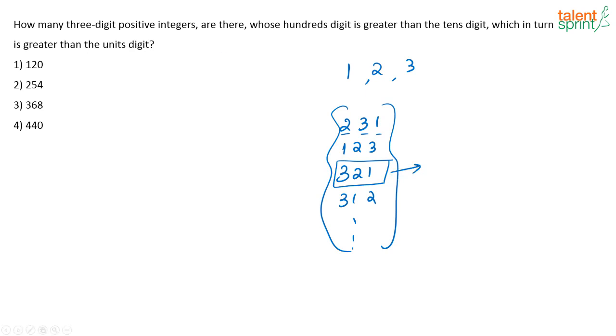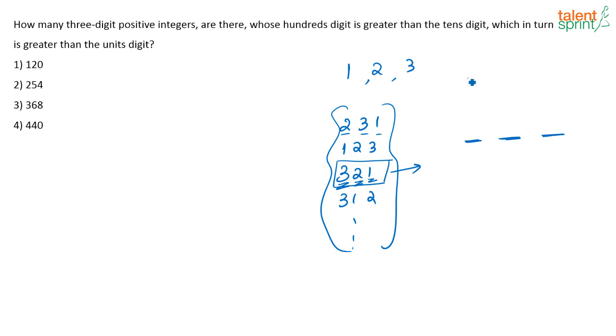What is the criteria? The hundreds digit should be greater than the tens digit. In turn, the tens digit should be greater than the units digit. So, any 3 digits that you consider to place in these 3 places for forming a 3-digit number, in whichever way you are arranging them,